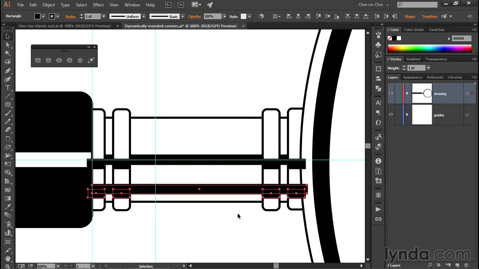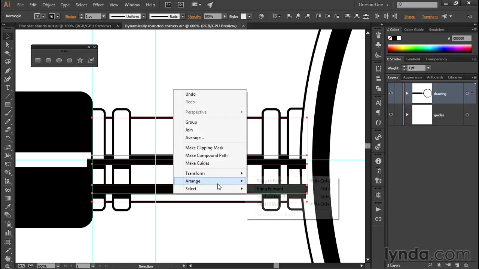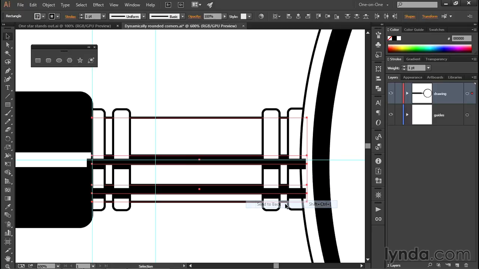All right, now you can see that we have some pretty gnarly stacking problems. This black shape here is in front of these white shapes, which it shouldn't be. And these guys are all in front of the big circle. And so when you get into situations like this, you're often best off sending things to back in separate passes. So for example, I'm going to start just by marqueeing these central shapes right here. And then I'll right-click anywhere inside the document window, choose Arrange, and choose Send to Back